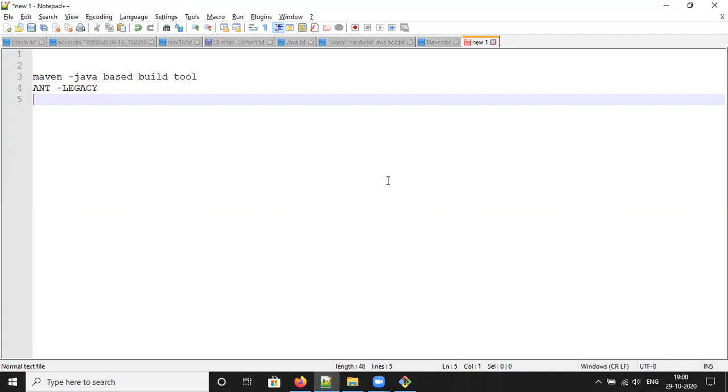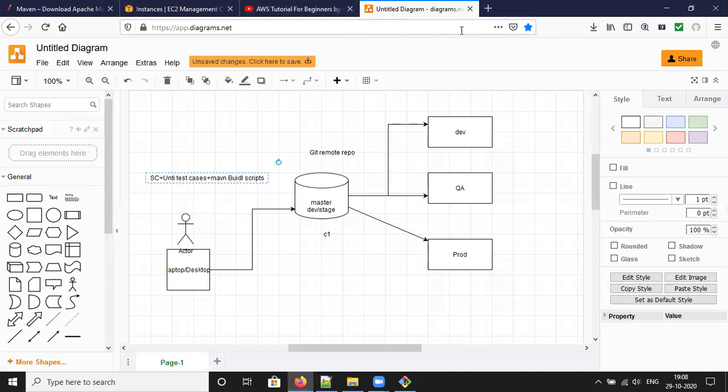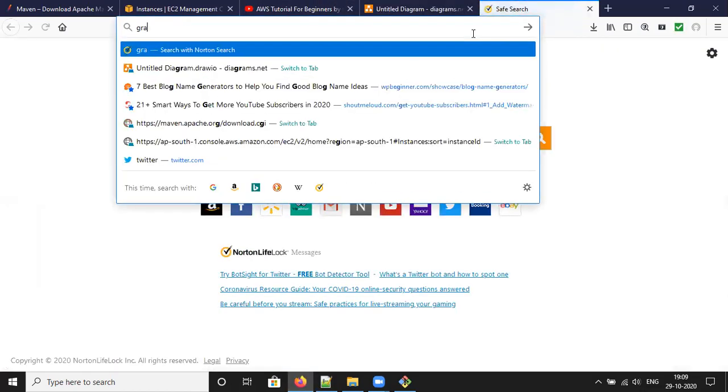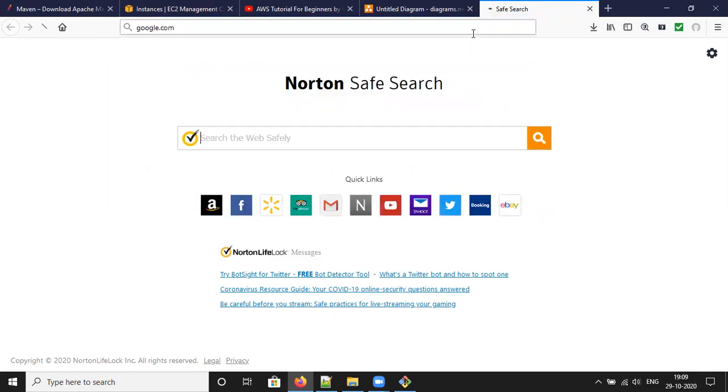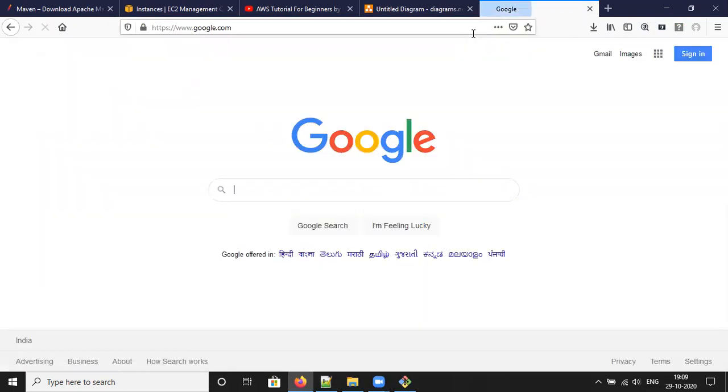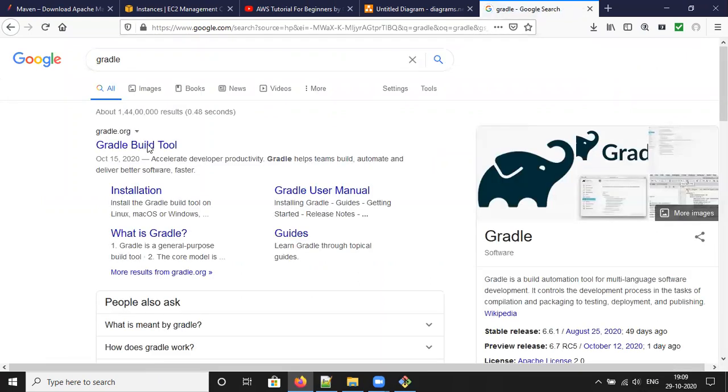If you need anything, you can check Gradle. Want to check Gradle? Google it. Type Gradle. Now we can see Gradle is a build tool.